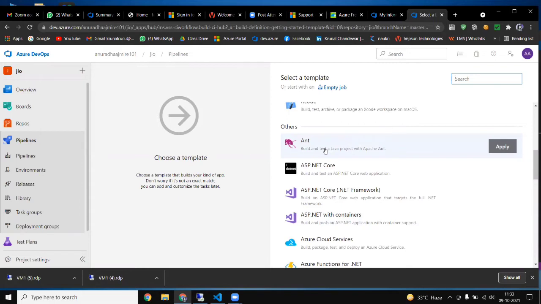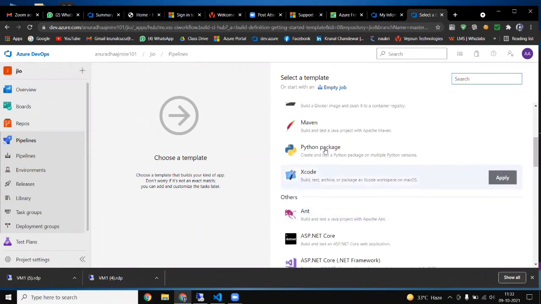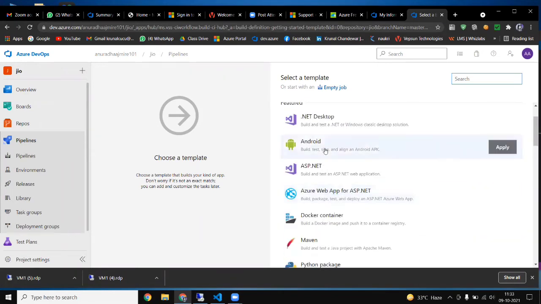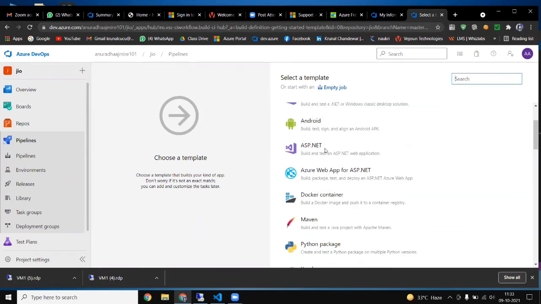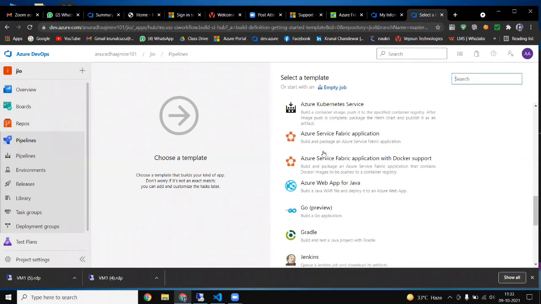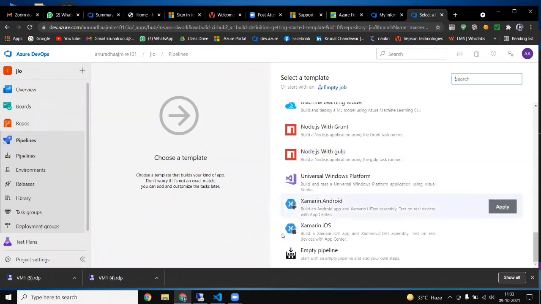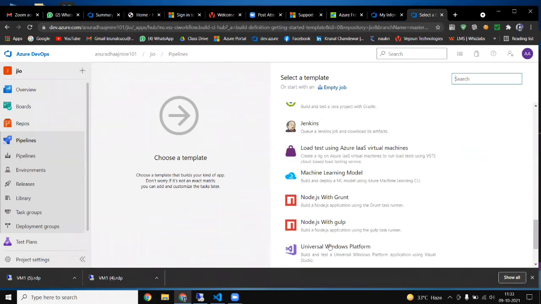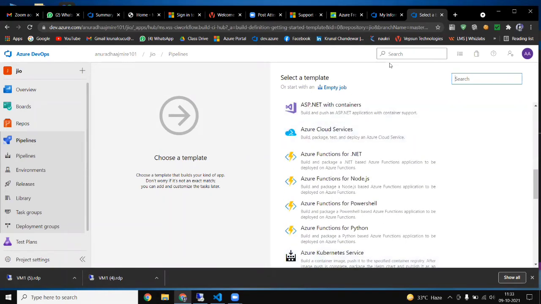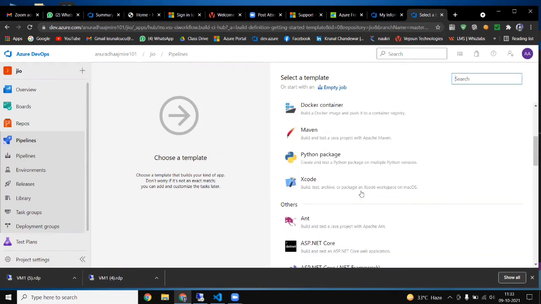NAnt is a build tool we use with C Sharp. So this many tools you will get here. Even if a tool you want is not listed here, you can get it from there also.